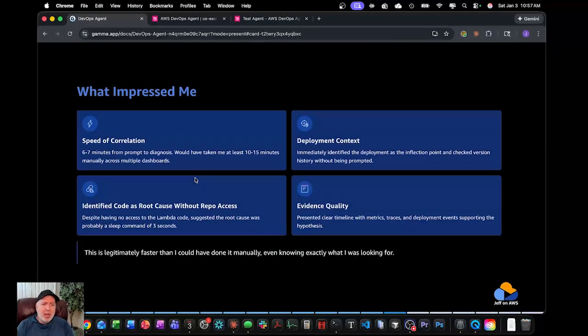So what impressed me: speed of correlation. I do think 6 to 7 minutes was a little long, but again, this is in preview. You're not being charged for usage of the agents. So once they start billing for it, are you going to get more compute power behind the agent? Possibly. But if you had, let's say, a support engineer who is not real familiar with an application, it probably would have taken them 10 to 15 minutes minimum to go from dashboard to identify